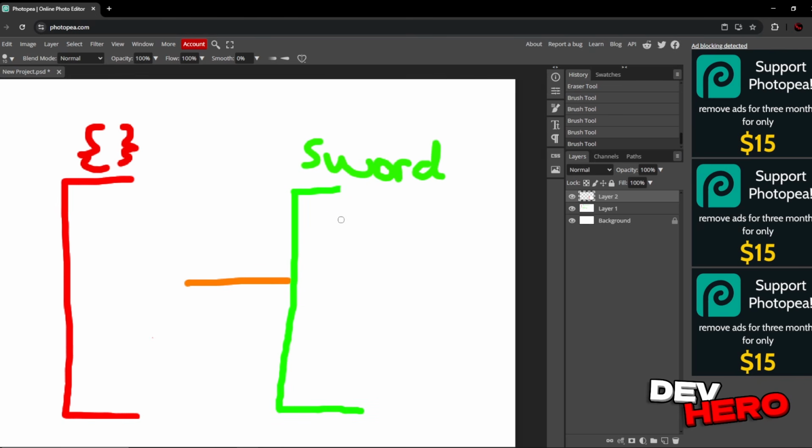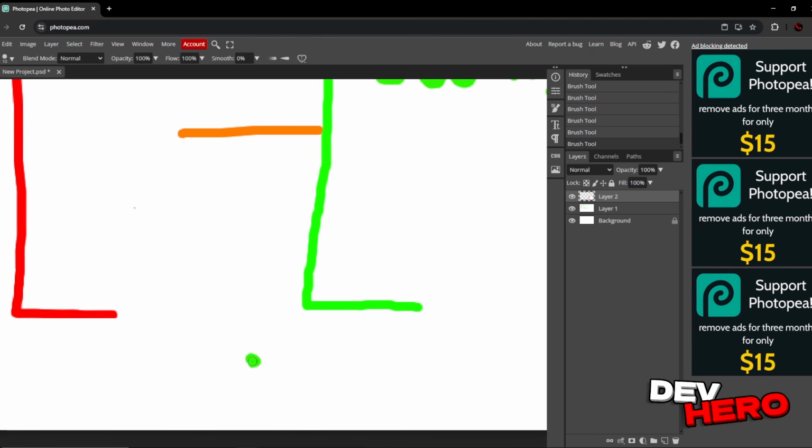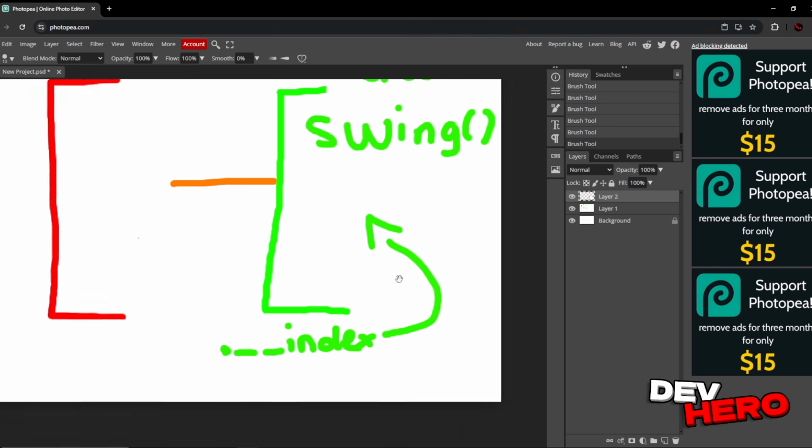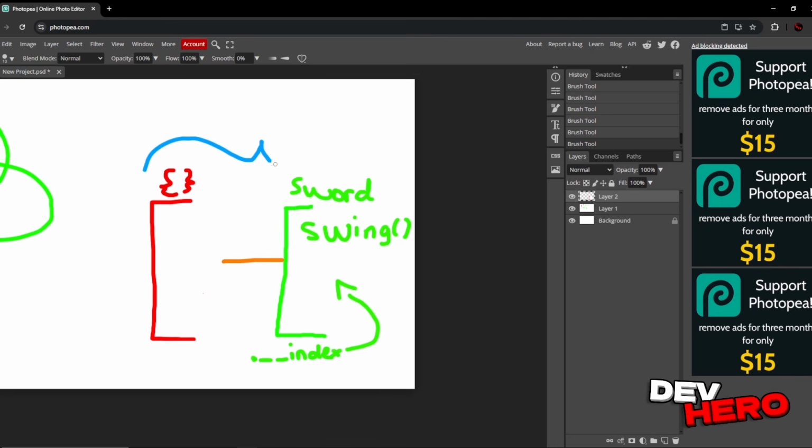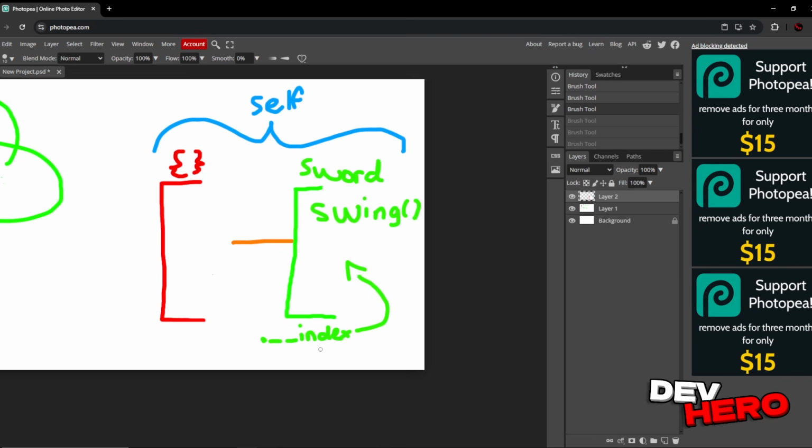Now inside of that sword table, we have a swing function. And we set our index back to our sword table. Now remember, this is self. It's our regular table with a metatable attached to it. And because we have set our index of the metatable, if we're missing a value such as the swing function,